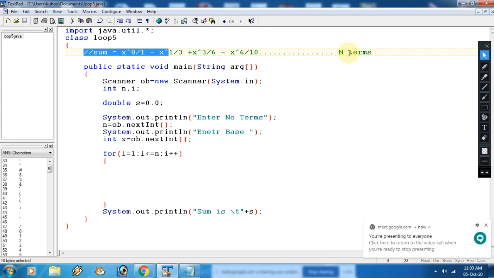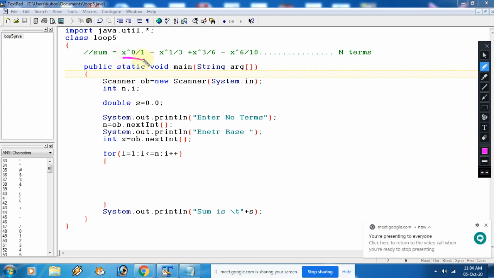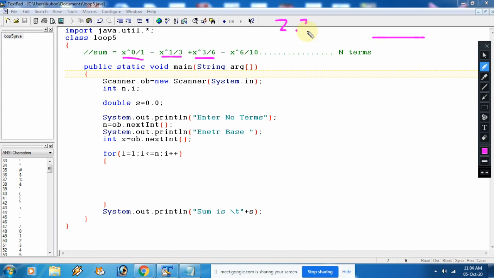See, this is the last program which I have given as homework. In this program, please see here, the first term was for the addition, that is x to the power 0 upon 1, then the minus, then x to the power 1 upon 3, then x to the power 3 upon 6. So in the denominator and the numerator, the series is happening. In the denominator, first we will see the difference is of 2, then 3. This is the difference in the denominator part. And now in the numerator part, the difference is increasing by 1. Again, see 0 and 1. So the first is increasing by 1, then 2, then 3.